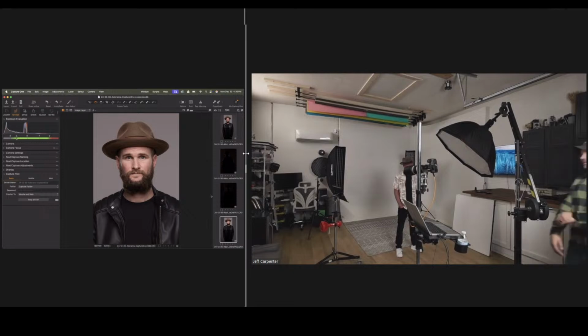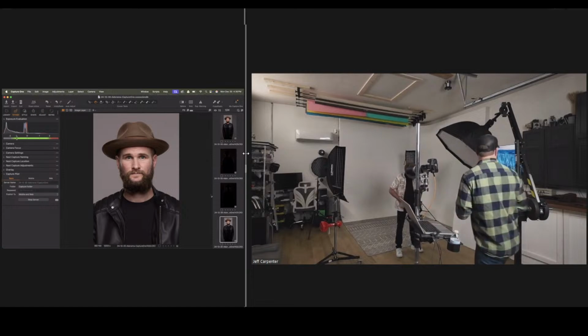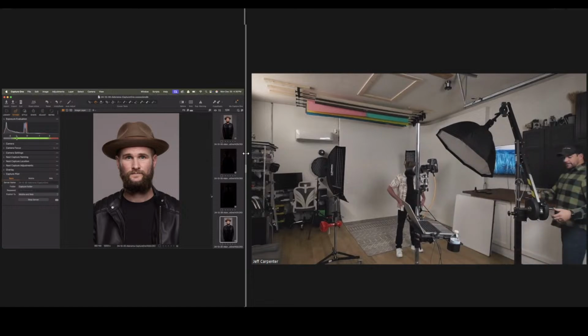One of the lovely things about a home studio is you get puppies. So I mean, not always. It doesn't come with the studio, but